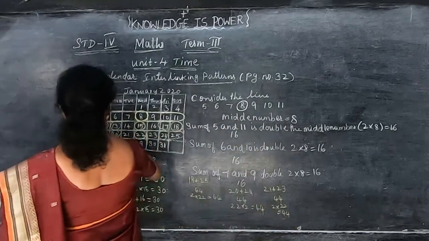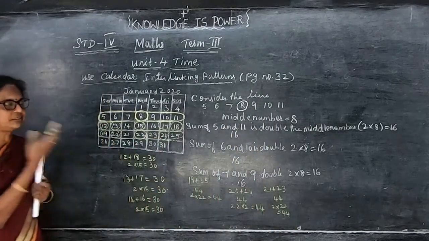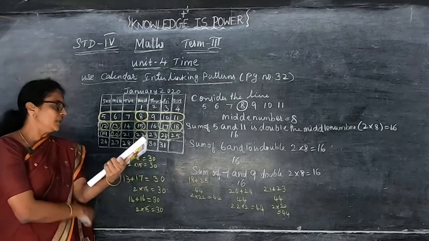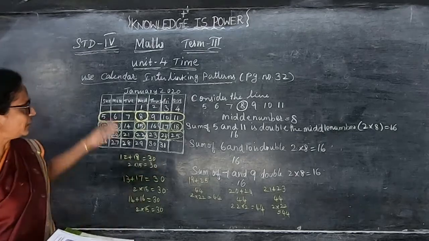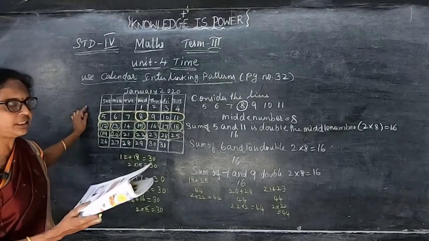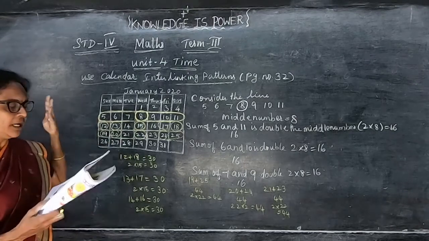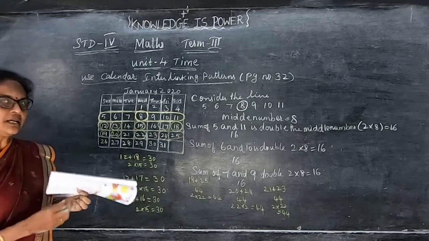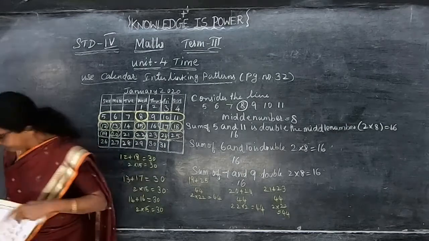So whichever way you do it, in any calendar, not only in January, any other calendar also, you put it and you can see this answer. So play this kind of fun game and see, that will be easy. Select any month in the year, February, March, April, May, anything you can put, you will get the answer correctly. Okay.